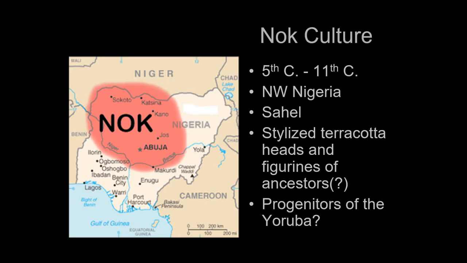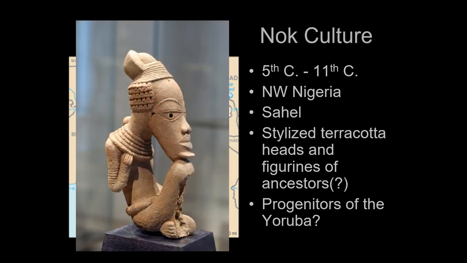The next culture that we encounter is the Nok culture. The Nok culture is, again, another one of these cultures in Nigeria. This one is to the south, though. This one's in the Sahel, so it's not up in that inner delta right on the borders of the Sahara Desert. And the Nok are noted for these incredibly beautiful, stylized heads. Beautiful heads. Now, these tend to be less naturalistic than the Djenne figures and tend to be more stylized, more abstract, very abstract eyes, but still clearly African cultures.